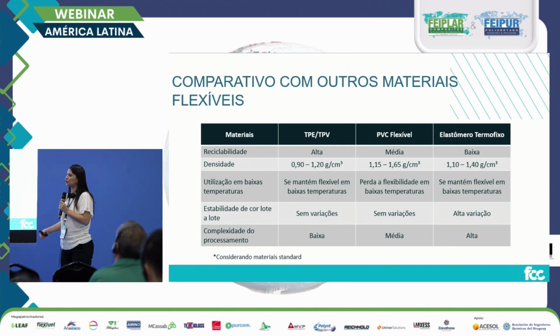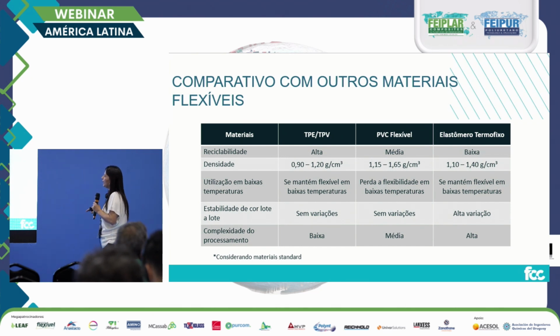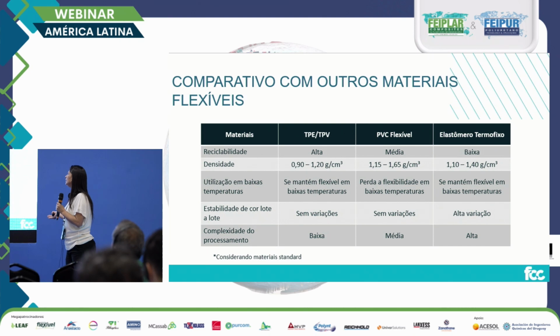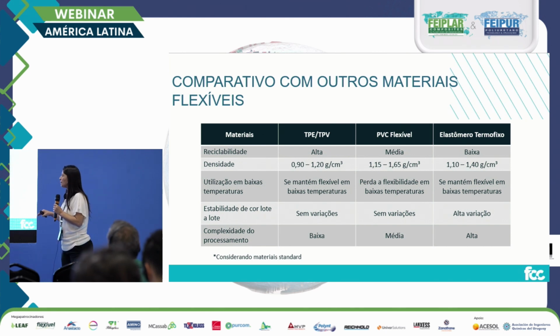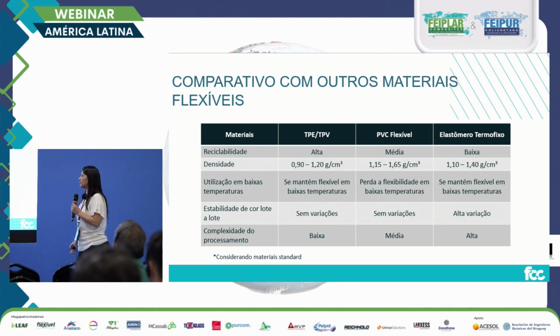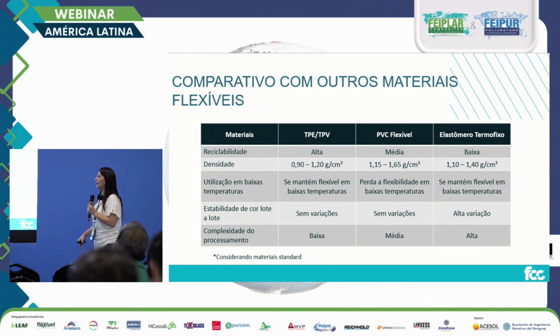One of the advantages is color stability in each batch. In this type of line, we don't have any color variations. That's something that we can maintain, the color tone. PVC as well. But when we're talking about thermoset, then we have a huge variation. Processing complexity. So it's very easy to process this material. You don't require special